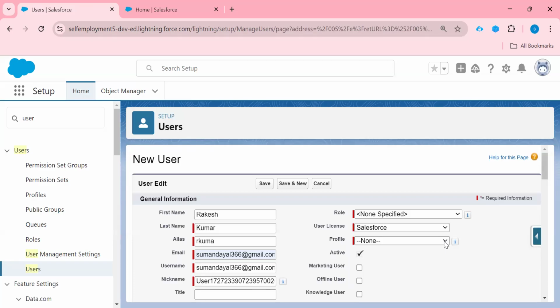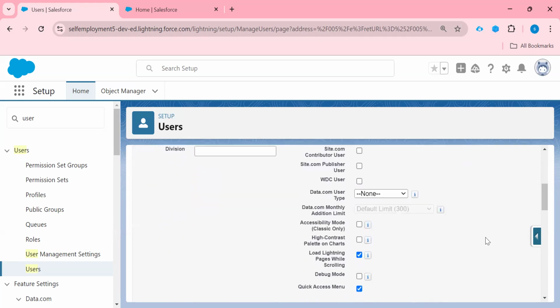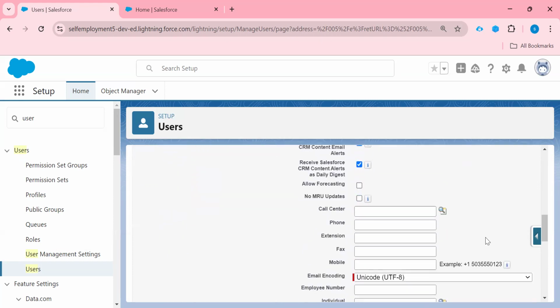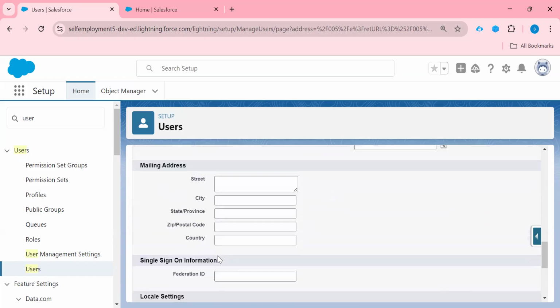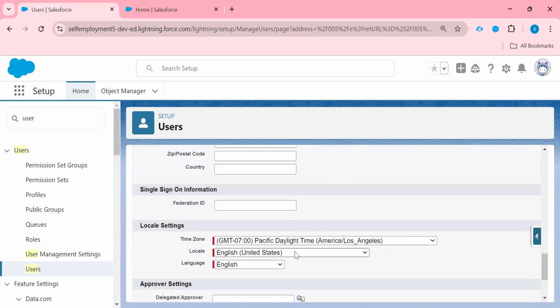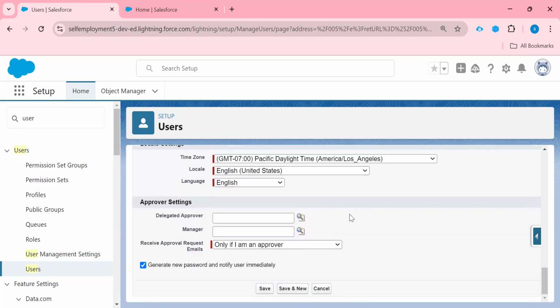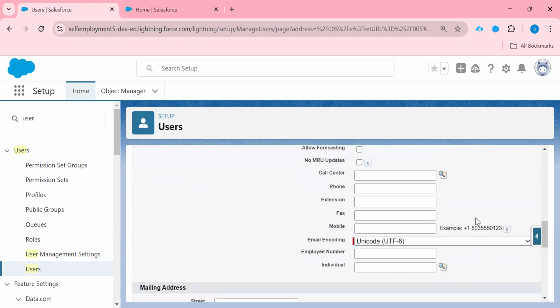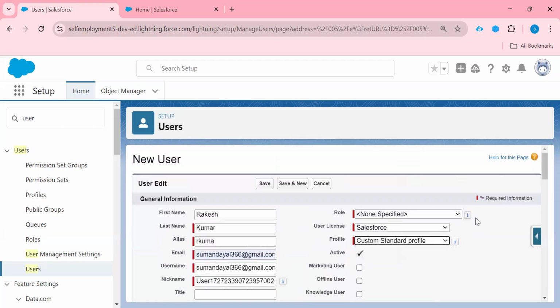Custom standard profile. I have created this profile, so I am going to assign this profile to this Rakesh user, right? Just click here and here, these are the information about the user. So as per your requirement, you can fill in all the information about your user, right? For now I am just leaving all these fields blank and just clicking on the save button, right?